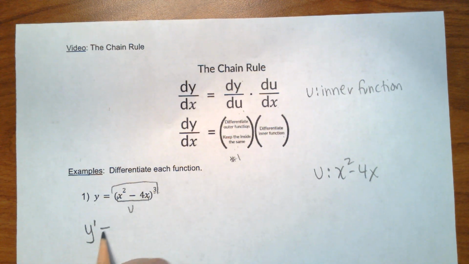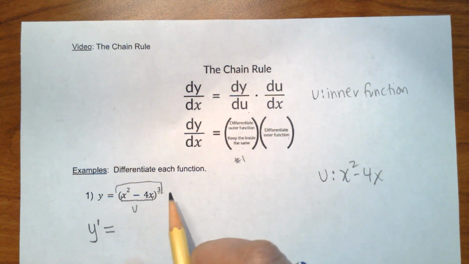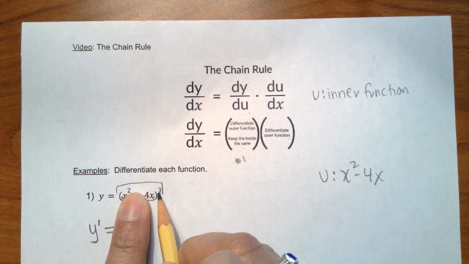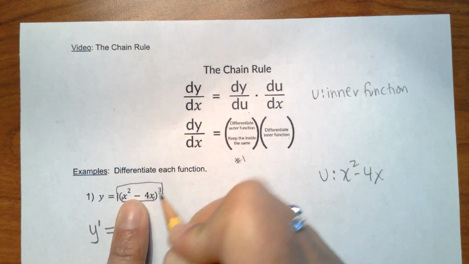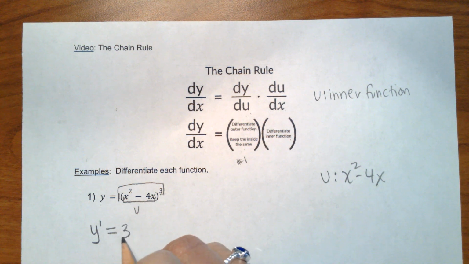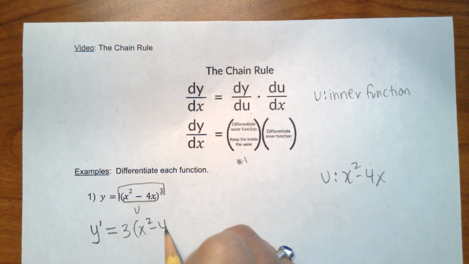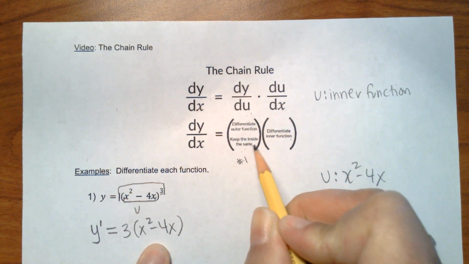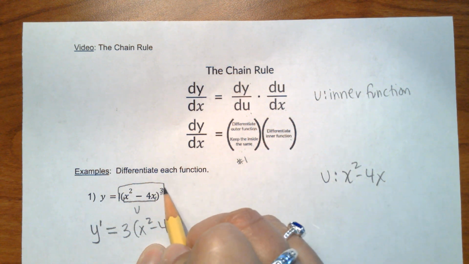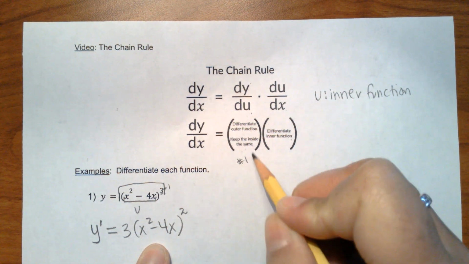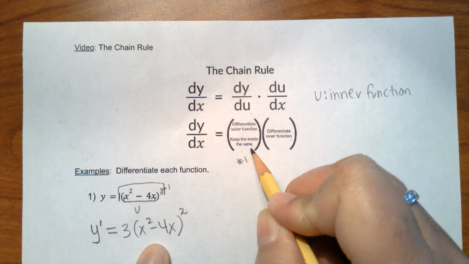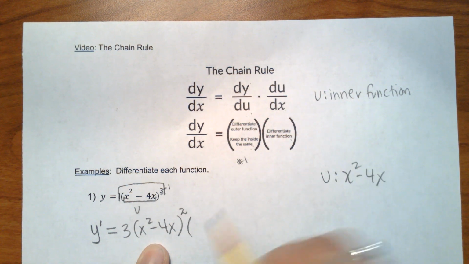So u prime equals... If we just look at this outside part, this is 3. This is really a 1 here. So 3 times 1 is 3. x squared minus 4x. We have to keep that inside part the same. And then 3 minus 1 is 2. So we've done this first step. Perfect. Now we have to multiply it by the